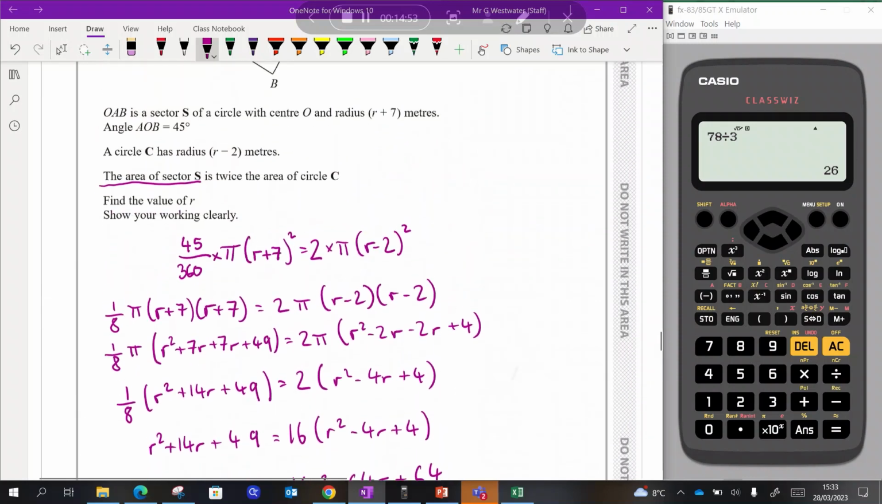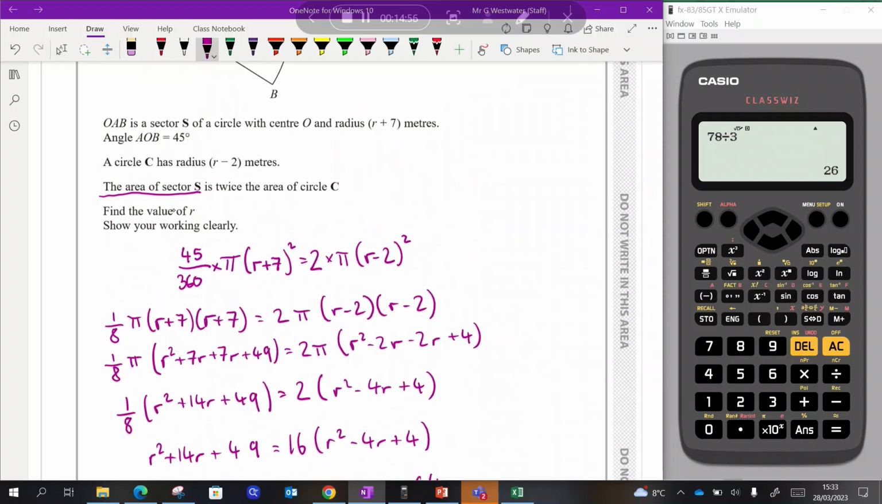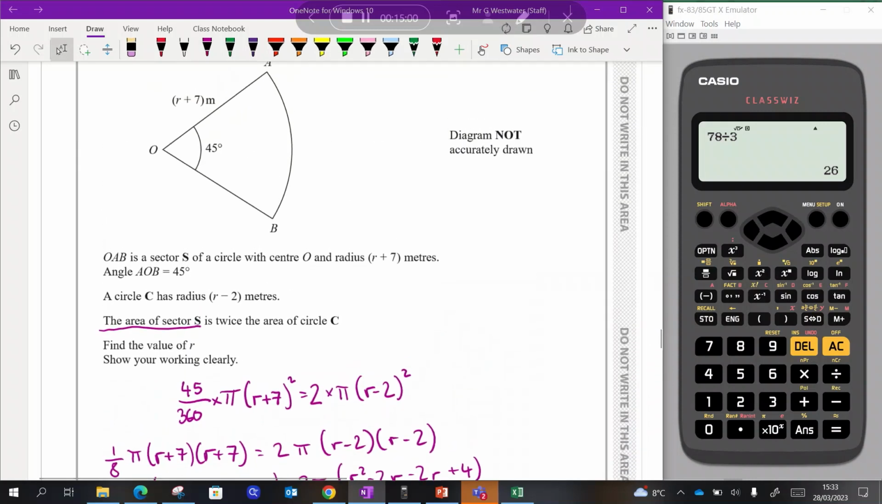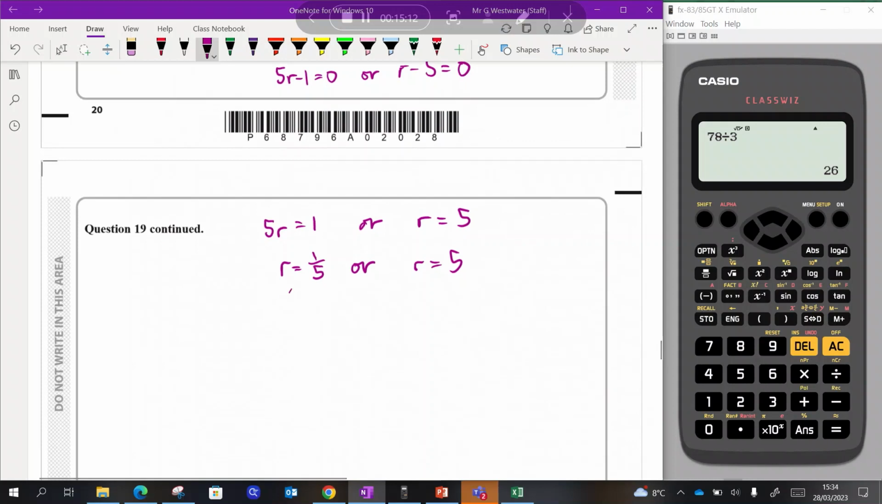So let's think about this in context. It says find the value of r, not values, so this would suggest that only one of them is a valid solution. And if I think about this for a second, if r is a fifth, r plus 7 is a valid sector, but if r is a fifth, r minus 2 will produce a negative radius for c. So I'm just going to say negative radius for c. So only viable